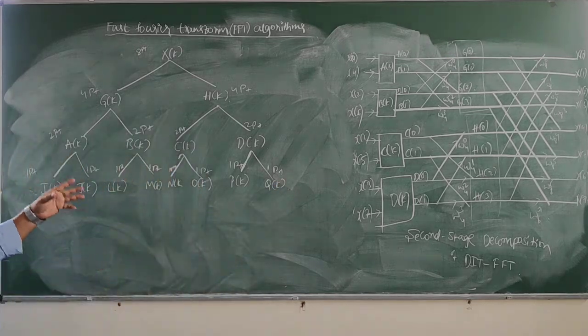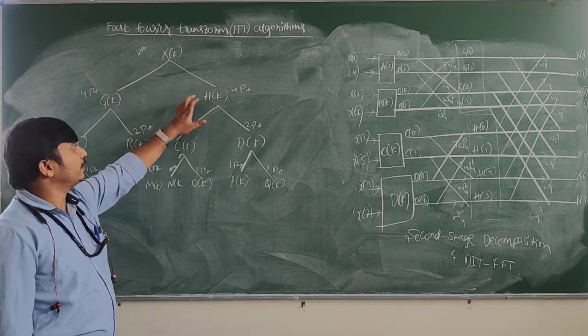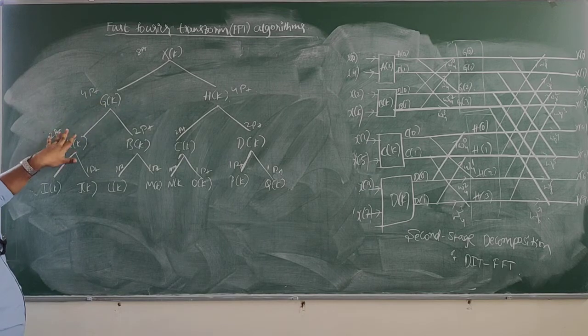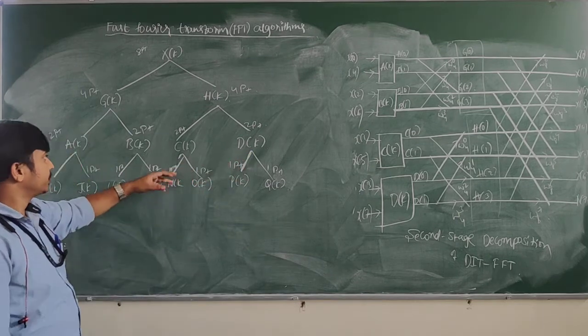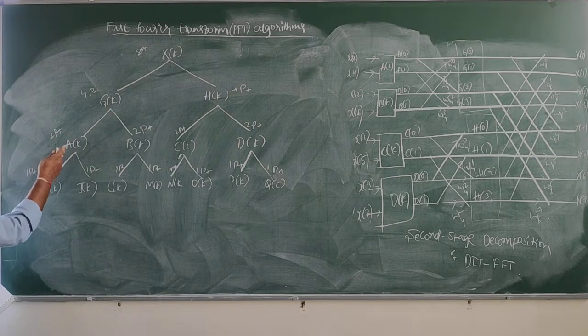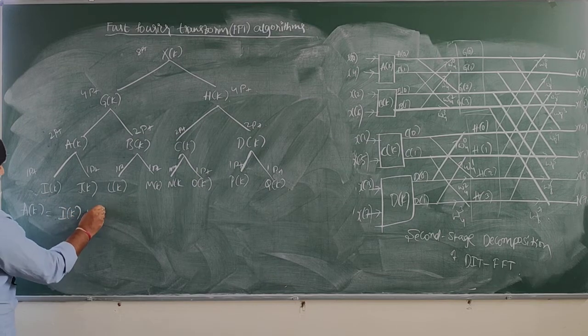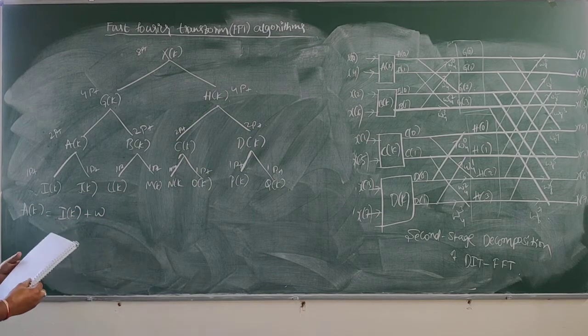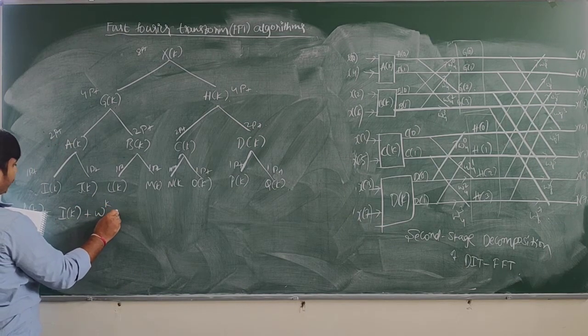Okay, so observe here. So x of k is 8-point. It is decomposed into two 4-point, that is g of k and h of k. Again, these 4-point DFTs are split into two. Okay, so 2-point DFTs, A of k, B of k, C of k, D of k. So now these 2-point DFTs, I split into two 1-point DFTs. Okay, so therefore I will write the equation for this a of k. A of k, again this is even, this is odd. Okay, therefore I of k plus w. So how many point DFT am I computing? This is a 2-point DFT. So w2 power k into j of k.